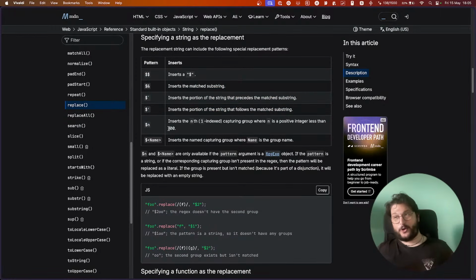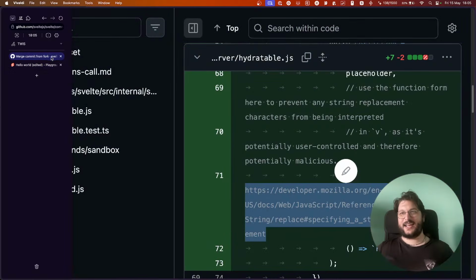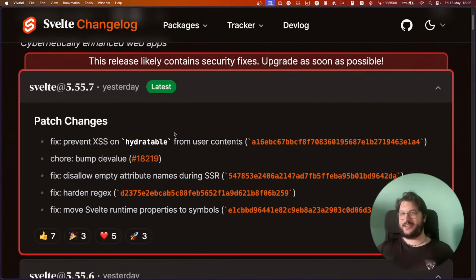I could control how the replacement works, which is a very hard thing to do, but it's a nice security vulnerability, which now is not a vulnerability anymore.